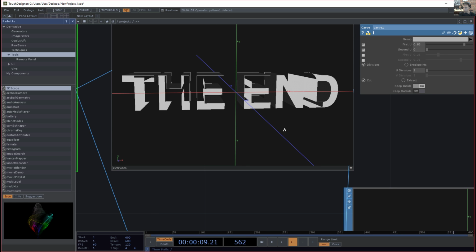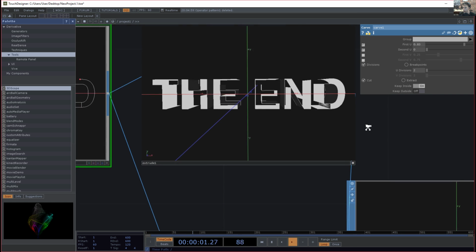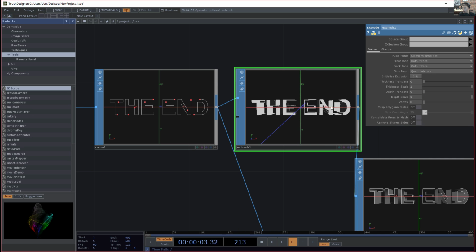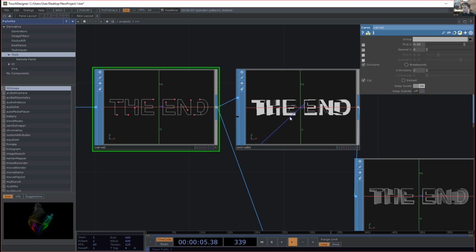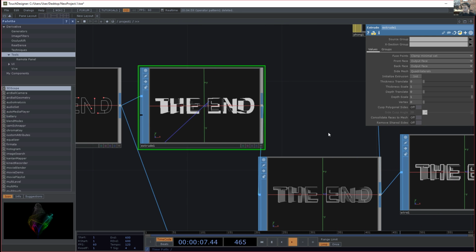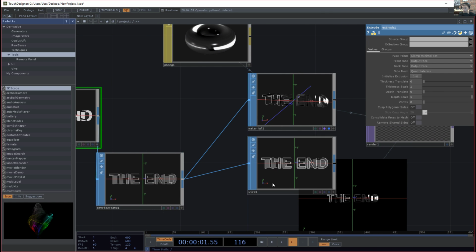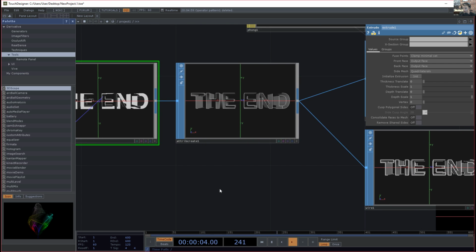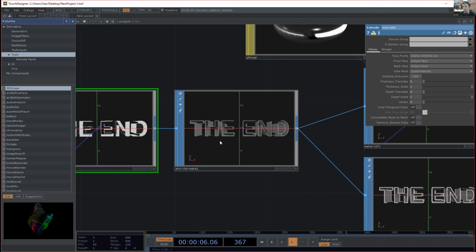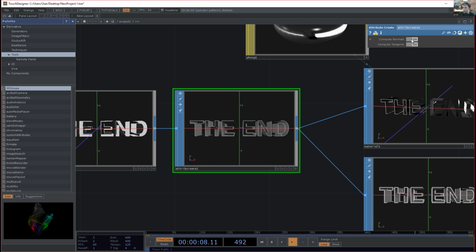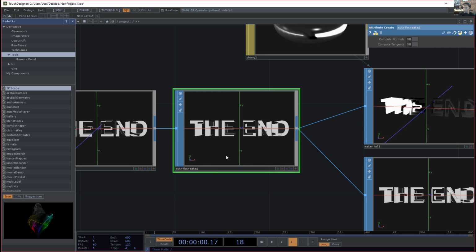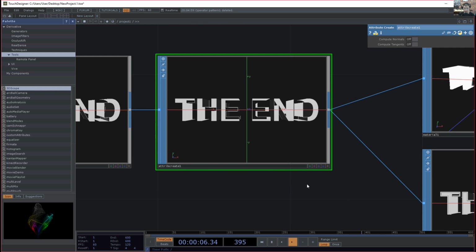After that, I bring it into an extrude, and the extrude is kind of wacky. It looks pretty wacky here, but it basically is just extruding along one axis. So I bring the spline in, and it extrudes from there, and then from there I use an attribute create node, which essentially adds normals and tangents to it. So normals are the line that goes perpendicular to the face. So you need it in order to have a lot of shading effects,